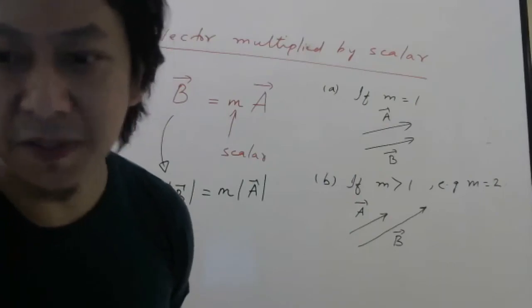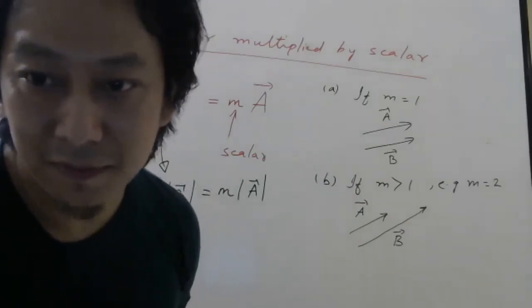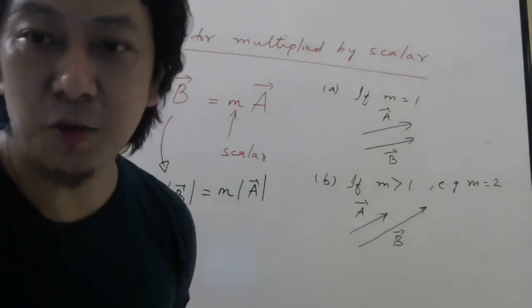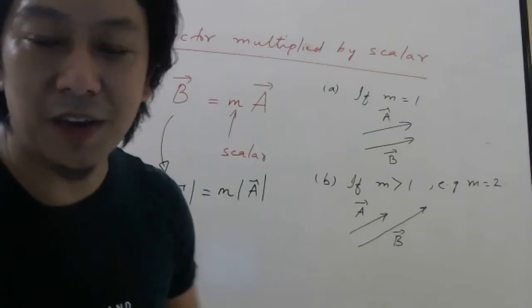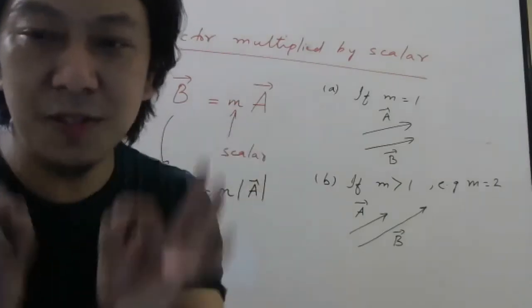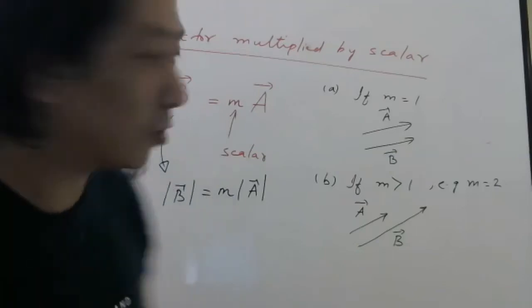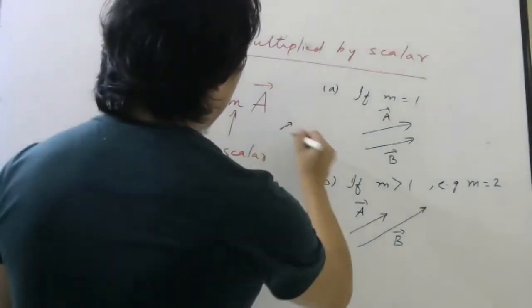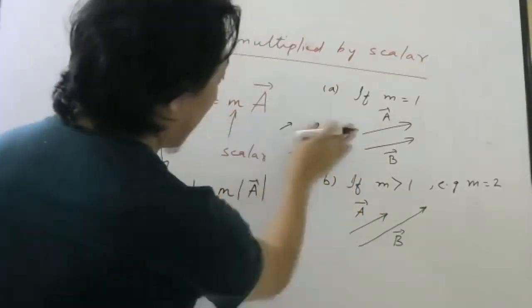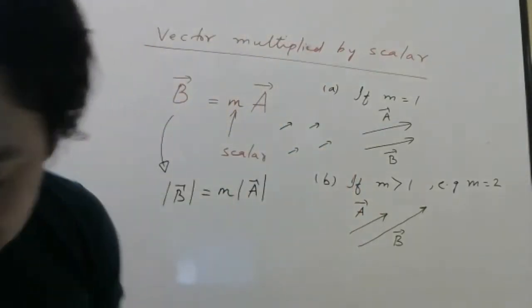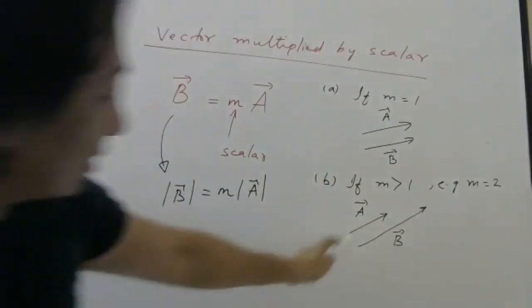Yeah, unit vector will be same because unit vector means magnitude is 1. As long as unit vectors have the same direction, they are all the same, because once you use the word unit vector, it will have magnitude 1. So whether I say unit vector here, here, or here, as long as they are parallel, they are all equal. So please remember this part.